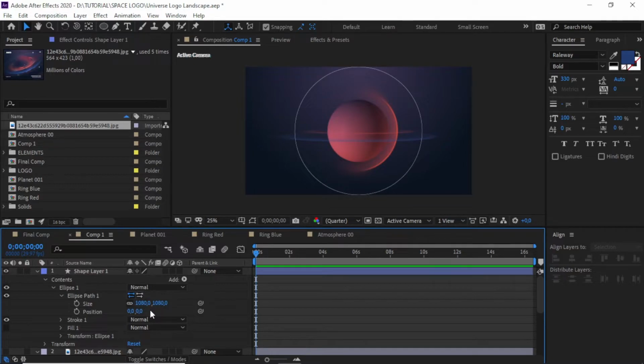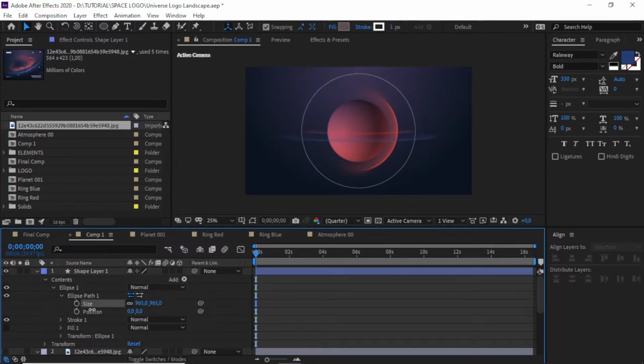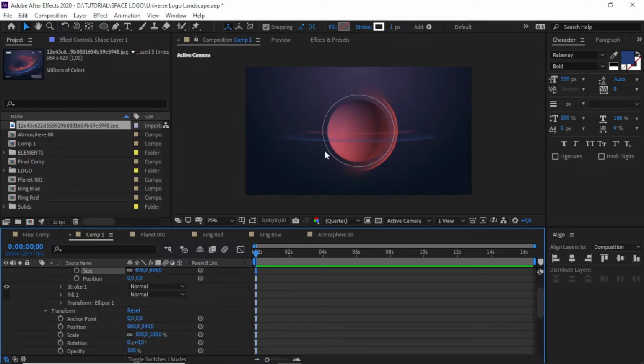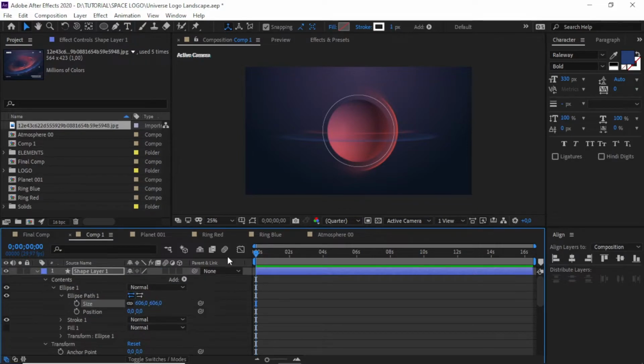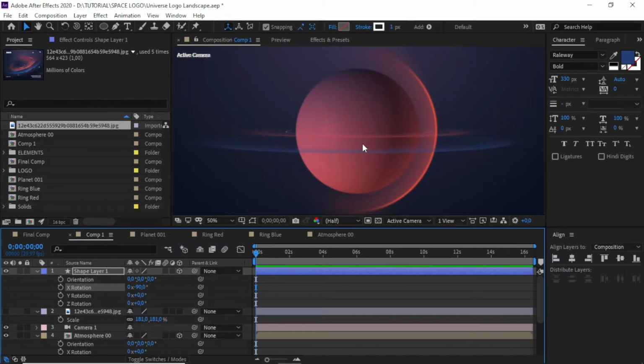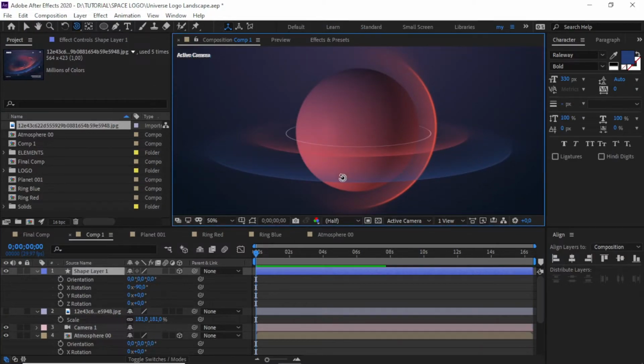Lock the size, then make it smaller. You have to use this size because if you use the transform size, it will affect our outline stroke here. Like this, we need to make it into a 3D layer and rotate it into X -19. As we can see with the camera tool, pretty nice.